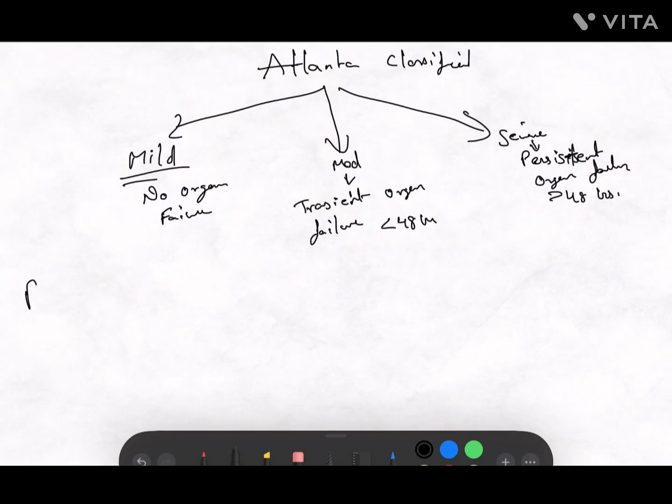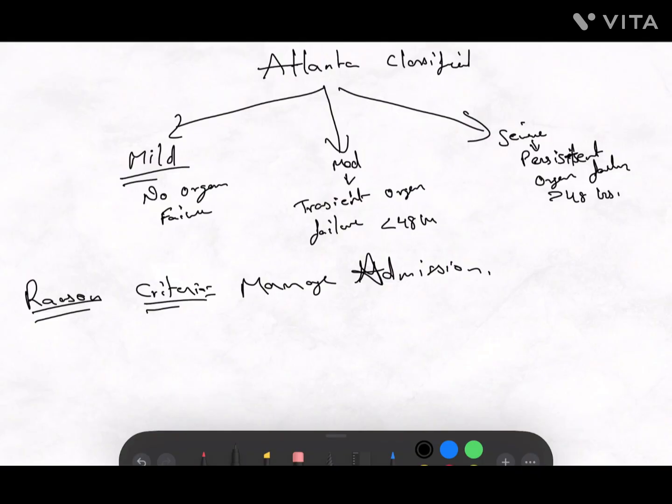Next we have another criteria, that is the Ranson criteria. The Ranson criteria will help for admission of the patient, okay. This is the main classic exam favorite in OSCE settings. In the Ranson criteria, when the patient is admitted, at that time we will check BUN levels, vitals, and liver function test, and these are the things we are going to check. After that, after 48 hours, we will check another time whether the patient is recovering or not. So this criteria will help with management and admission.